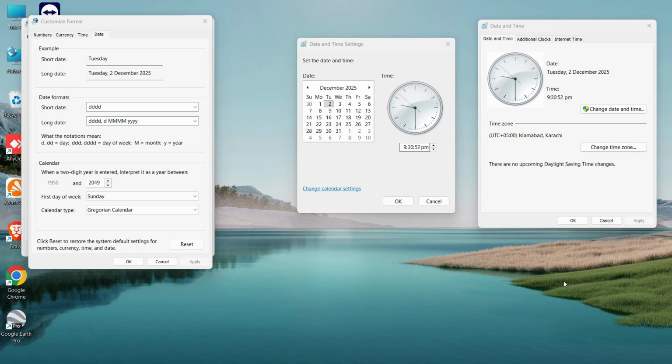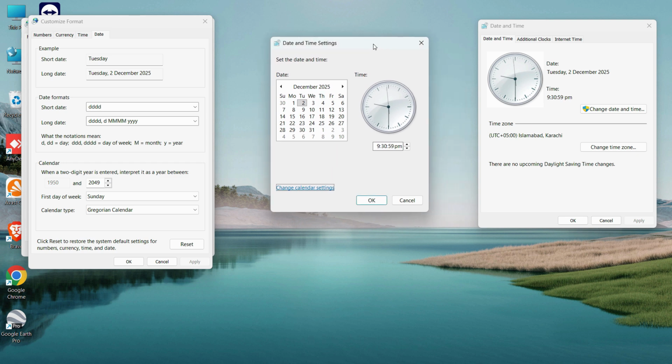In this video, we are going to see how we can get back all of these old settings that we used to do in the earlier version of Windows, but you find it very difficult to access in Windows 11. Here is how you can get to these settings so that you can change everything manually. Let's say that you want to change the date, you want to change the time, you can do it all